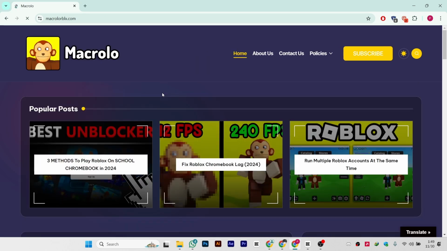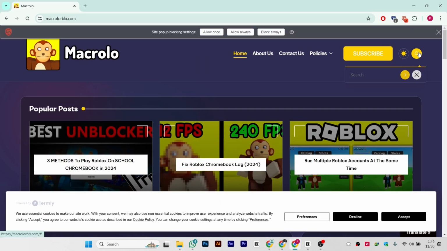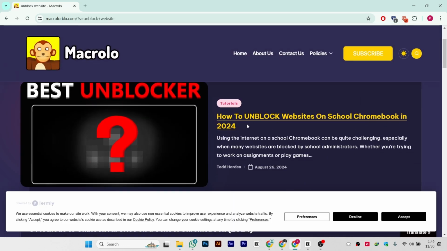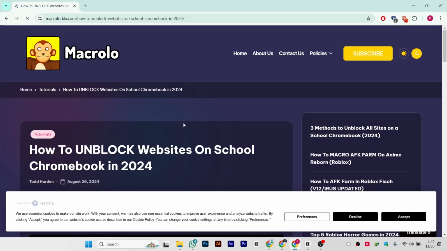So when you come on this website, there's a search icon. Click here and search Unblock website and press enter. It will take you to this tutorial. Simply click on it, and when you scroll a little bit down,